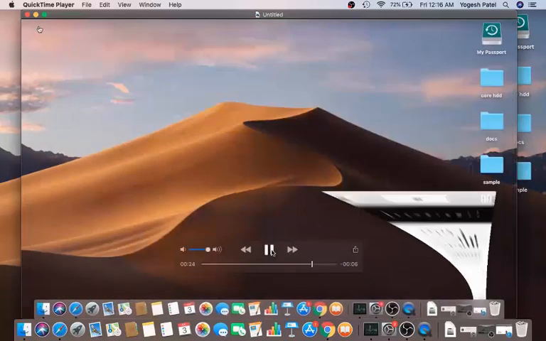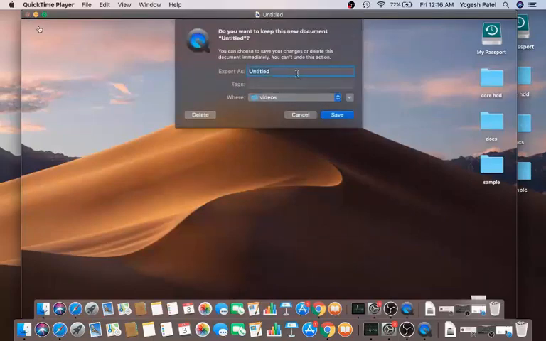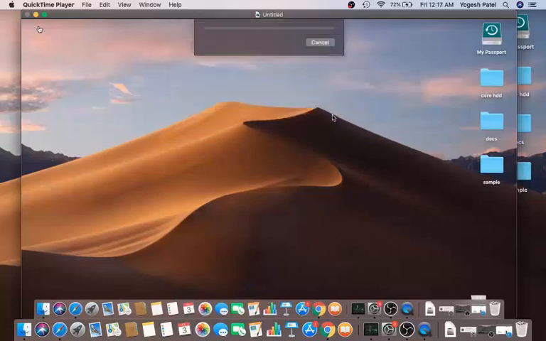You can see it's showing me the browser and whatever I have opened on my screen. And once you are happy with the recording, what you need to do is just click on this cancel button. Don't worry, it's not going to cancel anything. Just click on the cancel button and then give a name to your recording. For example, I want to give the name to my video file as screen record, and then you can save the file to the chosen location. So for now I have chosen this video folder. You can browse for the folder wherever you want to save this file, and then click on save.